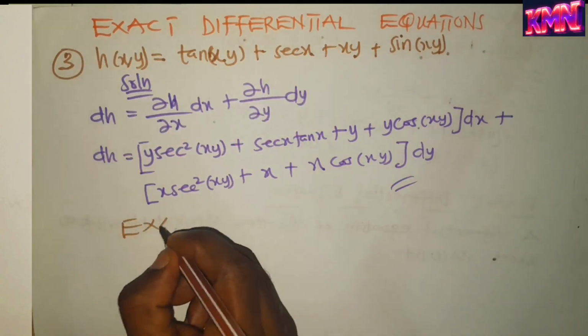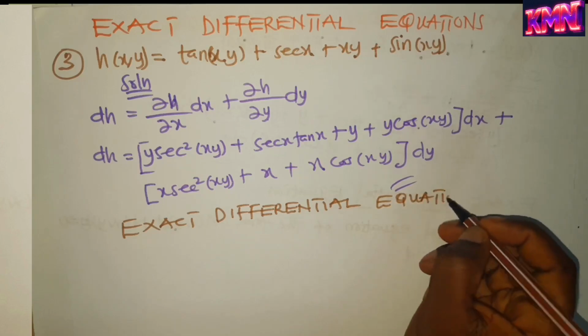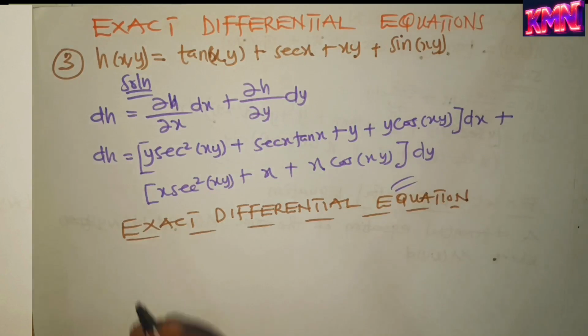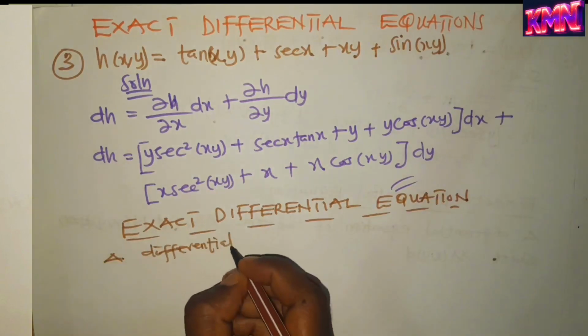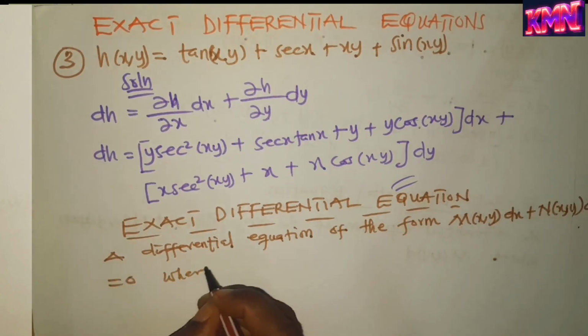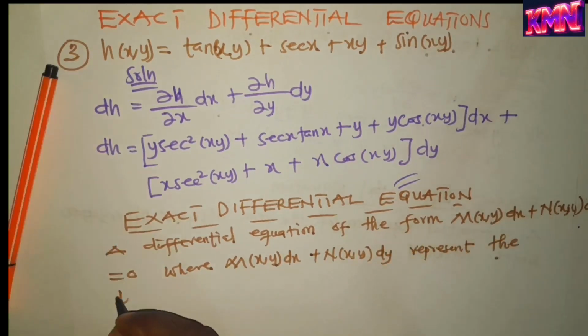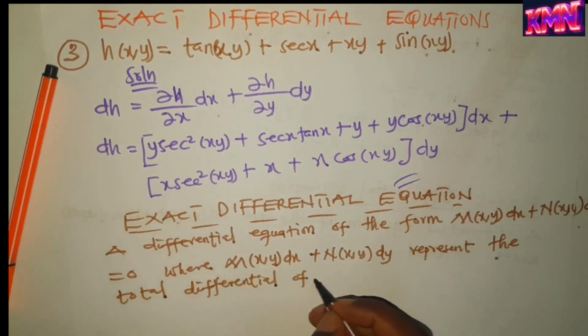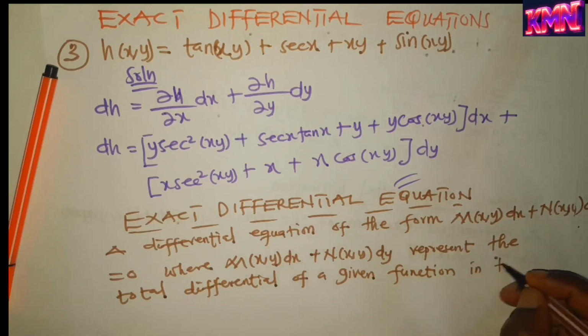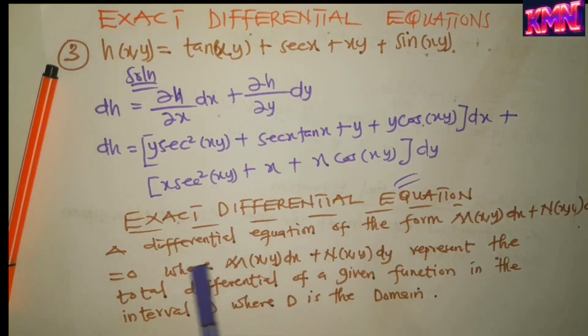Exact differential equation. The differential equation of the form m at xy dx plus n at xy dy equals 0,